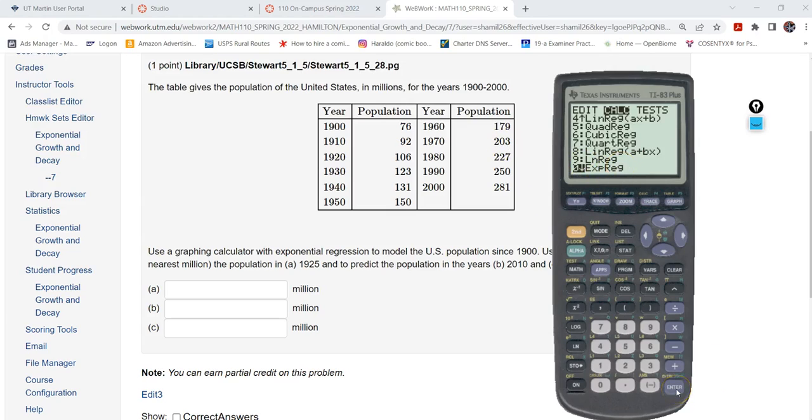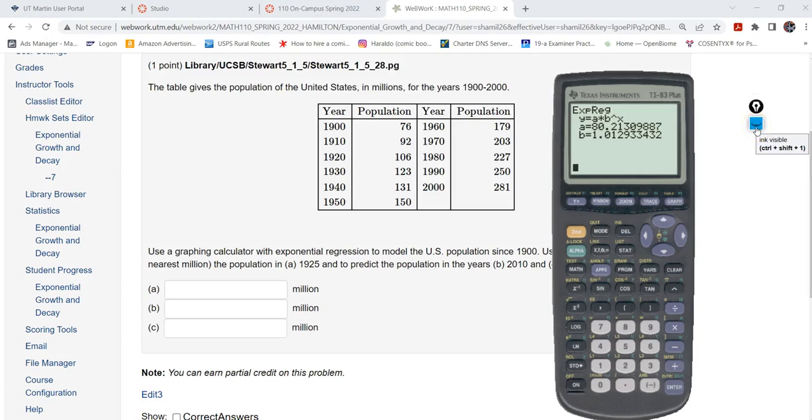And I'm going to press enter. Now the default is list 1 and list 2, which is why I always like to put things in list 1 and list 2, because if you've defined it in list 1 and list 2, you just have to press enter on these older models. So I'm going to press enter, and it's going to tell me what my equation is. Okay. All right, so my equation is going to be,